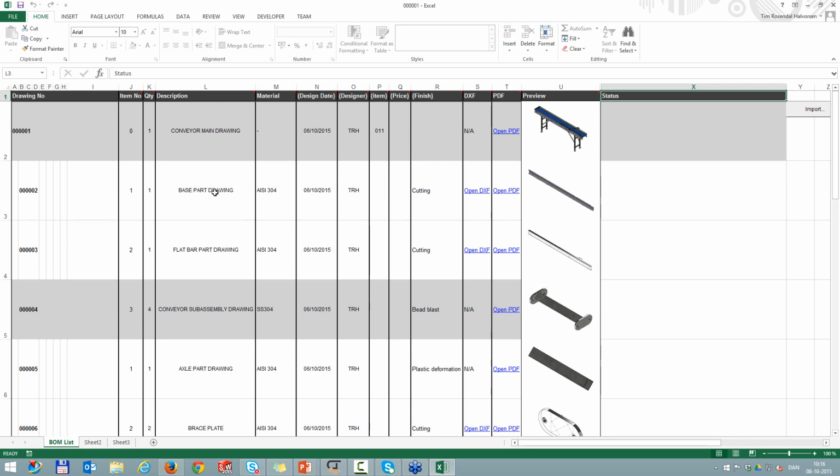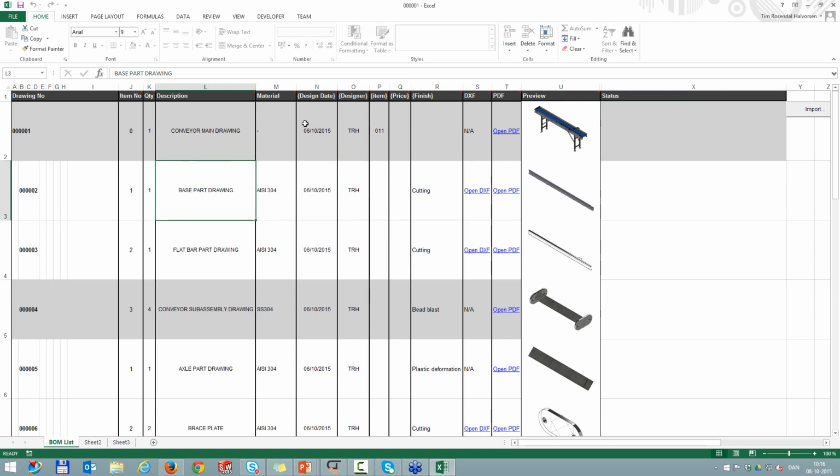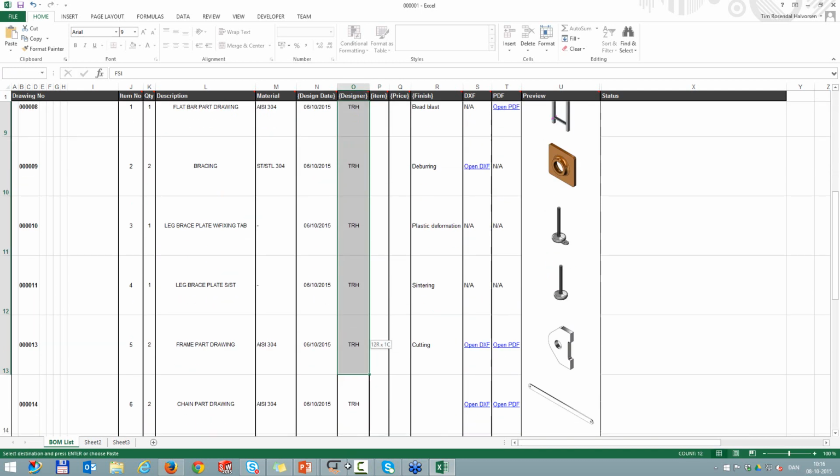These are locked down. We cannot do anything. If I try to change that cell, I will get a warning that it's a protected sheet. If the column header has curly brackets, we are allowed to change that one. So I can go ahead and say, well, I created this assembly. I do not want to be blamed for anything going bad. So I will just type in Francois Simon and then copy him throughout.